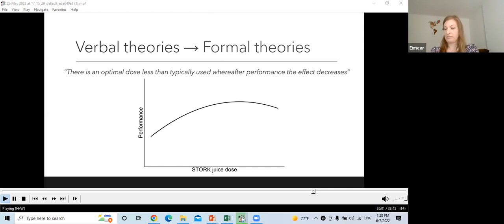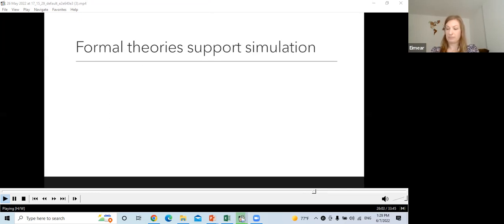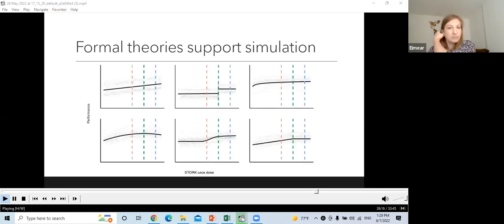Formalising our theory, and formalising our proposed dose response models, supports the ability to then simulate from them. And we can simulate from them to then help plan the studies that we want to look at. So these are, in drug trials or in drug development, they simulate a host of candidate models to potentially explore. And they'll think about what seems most plausible and also what they've got resources to look at.